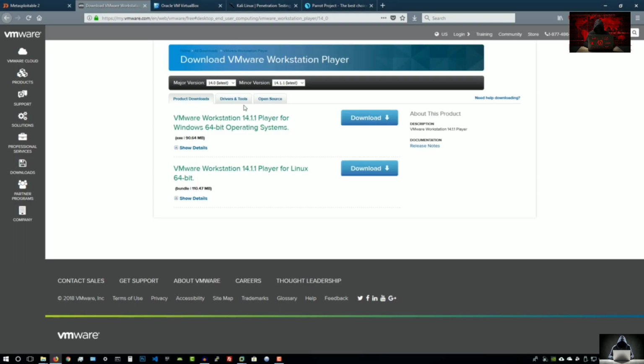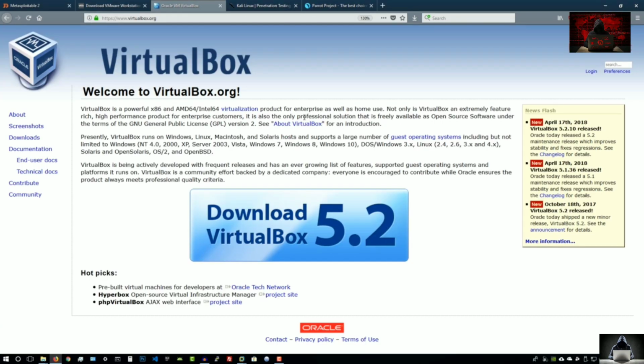Now, if you're not interested or you don't like VMware, you can go for VirtualBox. VirtualBox was my favorite, but after a while, it just has too many compatibility issues, especially with Kali Linux, and I'm going to be getting to that in a second. All right, so VirtualBox is essentially free, and you can use it on Linux, you can use it on Windows,